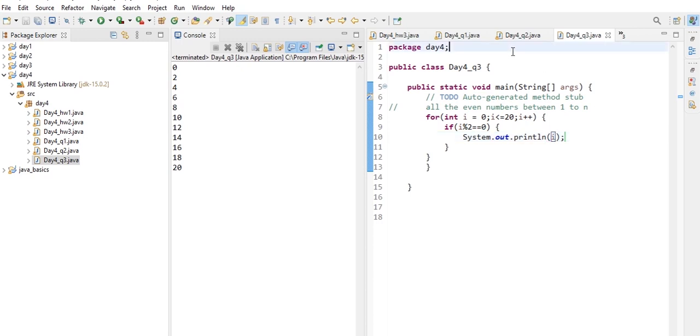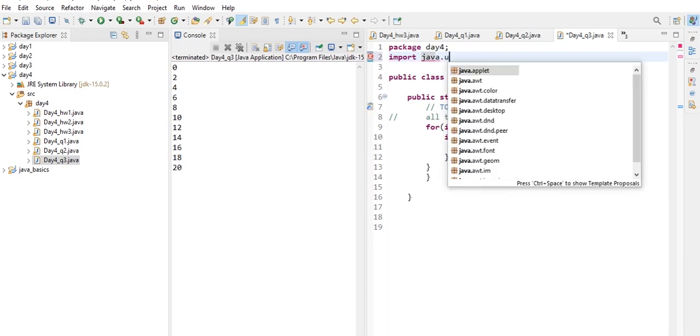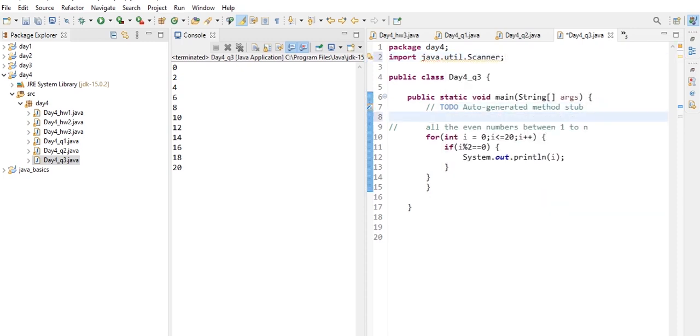So let's do it using dynamic input, that is let's import the scanner class, which is available in the util package of Java, that is java.util.Scanner, and let's create an object here, that is Scanner input is equal to new Scanner of System.in, that is input.